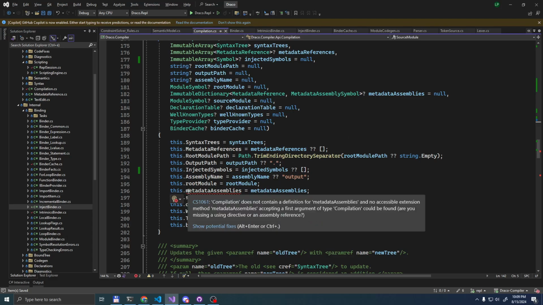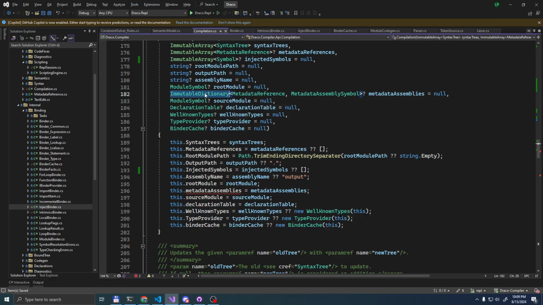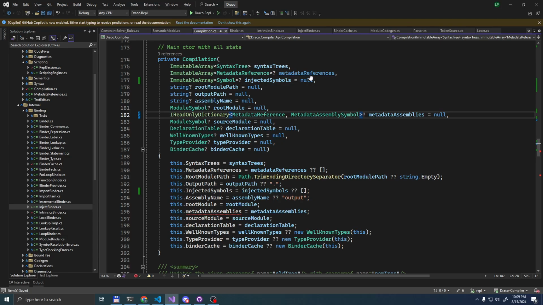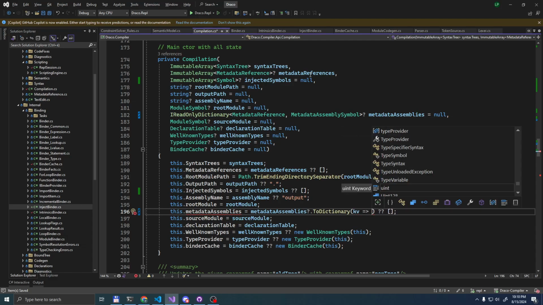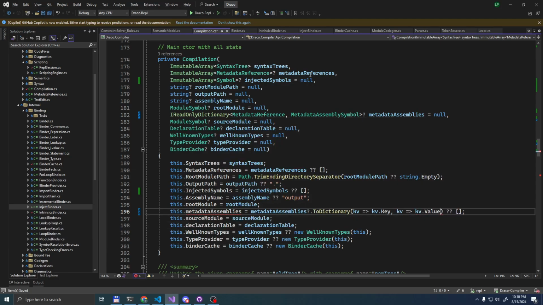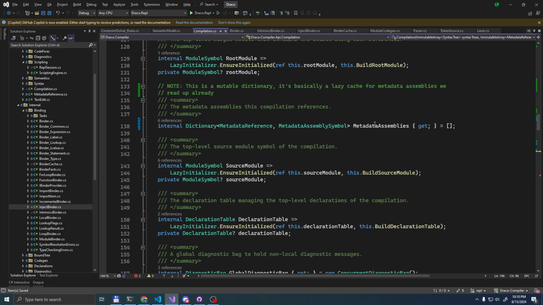Boo, mutation in the compiler. That's awful. Let's take this as an I read-only dictionary, because we can actually transfer that now. And maybe let's not expose this.